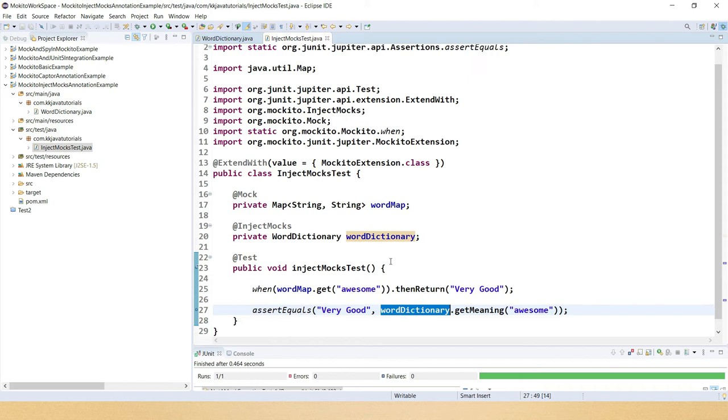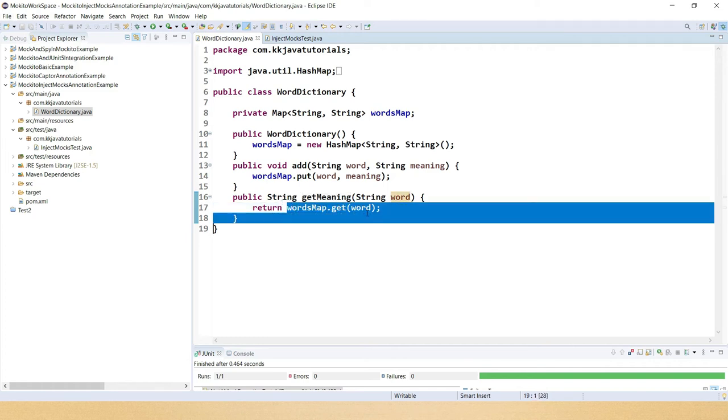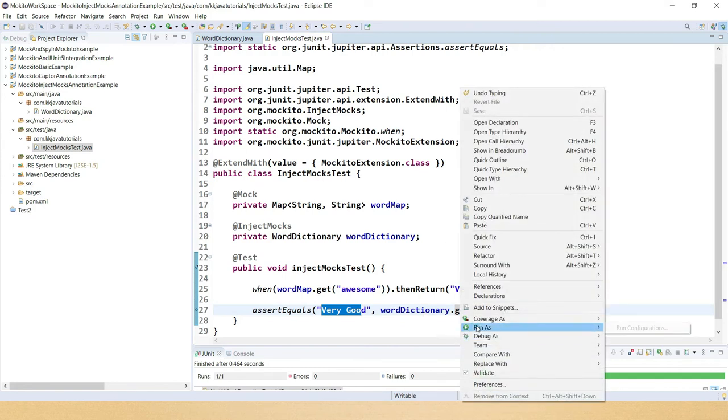In this WordDictionary there is a method called getMeaning, and from inside that I'm calling wordsMap.get by passing one string. These things I have already mocked. If these things are called, then this is going to return "very good". So expected and actual results will match and the test case will pass. Let me show you.